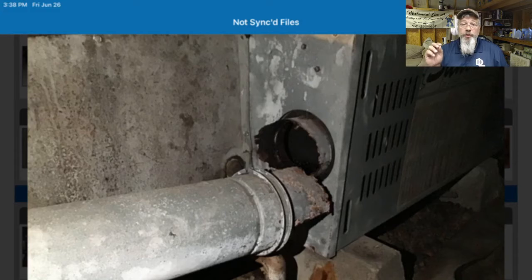Carbon monoxide is one of the deadliest silent gases out there. You cannot smell carbon monoxide. You go to sleep and you do not wake up. You feel really fatigued and tired, and you go to sleep and that's it. You do not wake up. It is a silent killer. And what we found with this